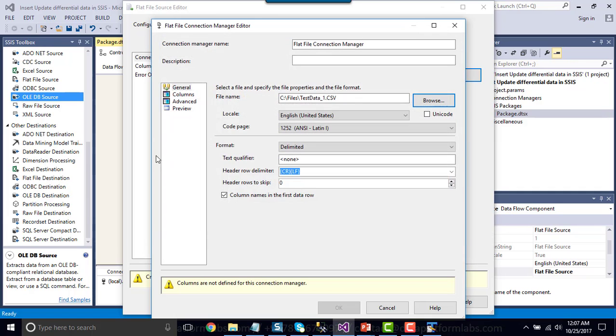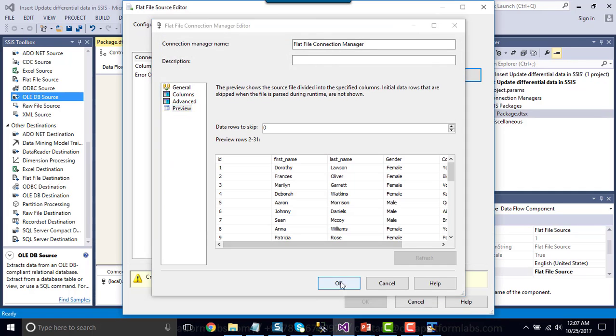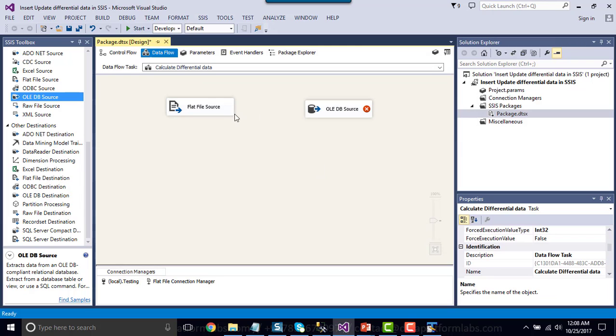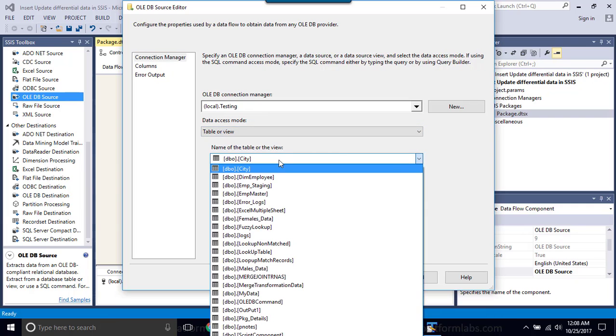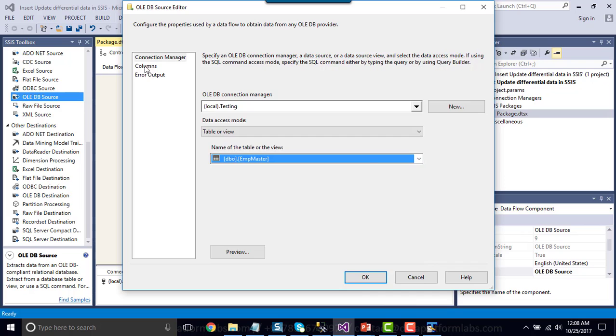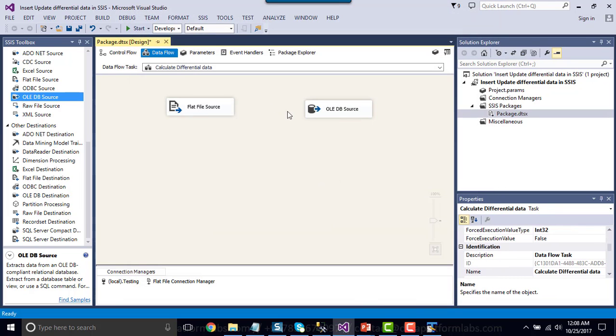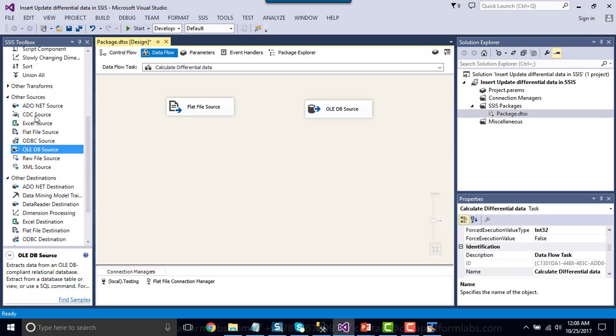This is our source file. Okay, click OK. Okay, and then make a connection to the SQL database. So connection is already there, and you can choose the table. Our table name is EMP master. Click OK, and then as we need to join the data from a CSV file and SQL server table together,